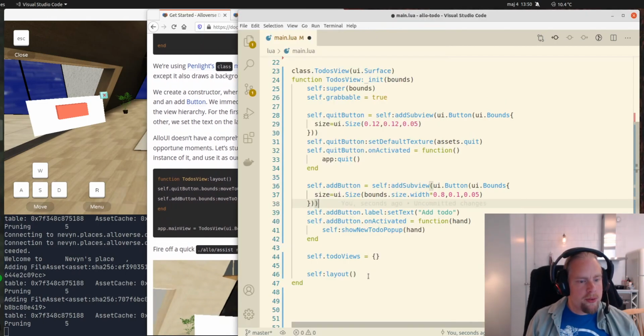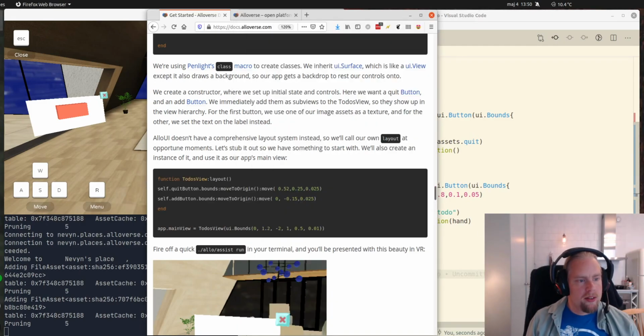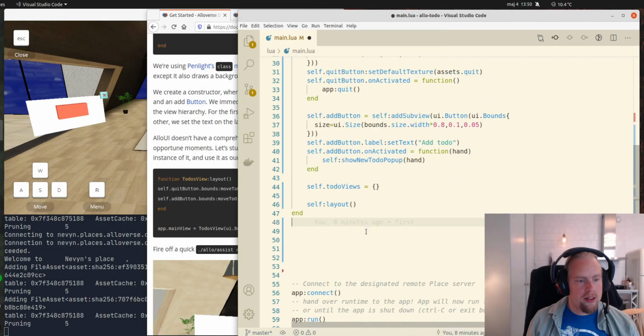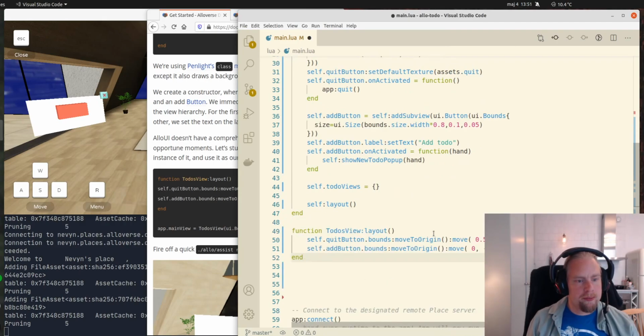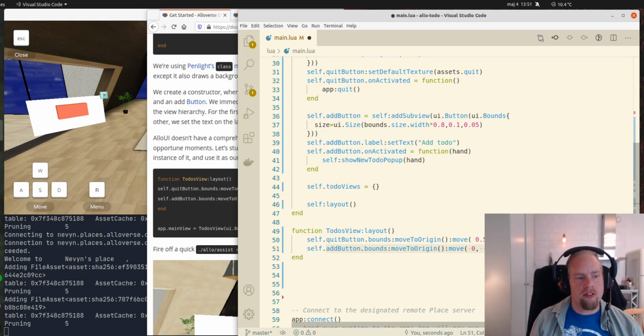So first off, for this to work at all, we're going to need this layout function, so that we can put all the controls where they should be. Here we're going to take the bounds. Bounds is basically the size and position of something in the 3D world. So we're going to move the quit button to the middle of the view and then move it off by about half a meter to the side, just so it ends up in the correct position. And that add button, we're going to move that to the center and then move it down so it's along the bottom edge of the